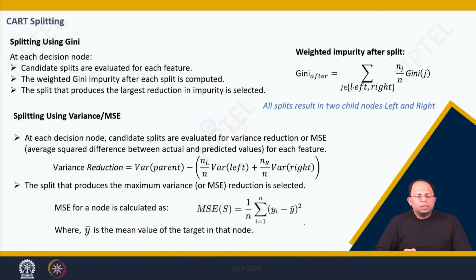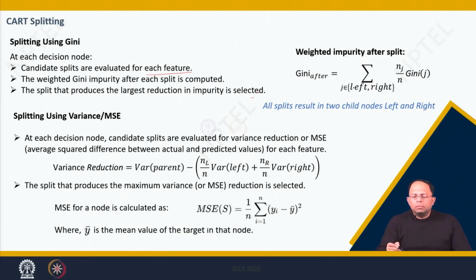So when we use Gini to split, at each decision node, candidate splits are evaluated for each feature one at a time, same as entropy. The weighted Gini impurity after each split is computed, again same as entropy, where we weighted the split entropy after the split. Here also, after the split, whatever would be the Gini value, we will weight using its proportion. And then the split that produces the largest reduction in impurity is selected as the root node or the